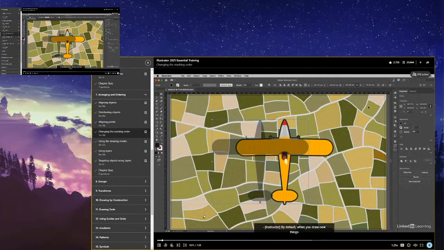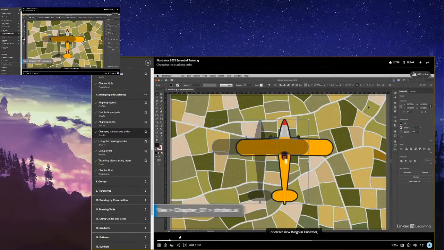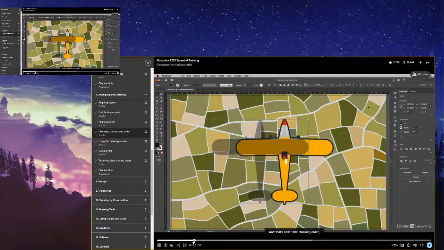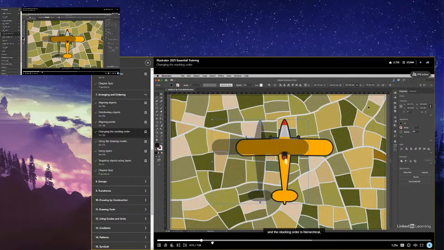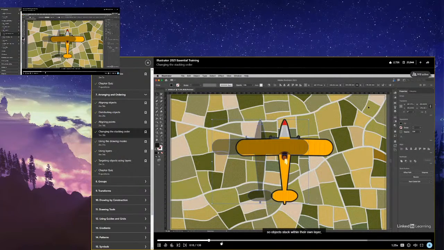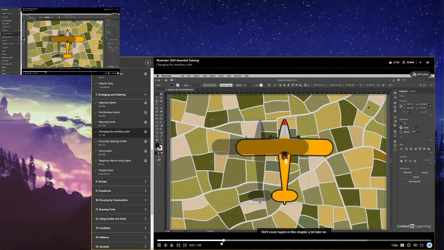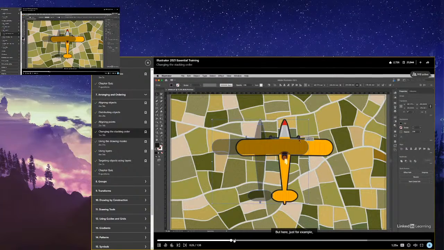By default, when you draw new things or create new things in Illustrator, they normally jump to the front of their stacking order. And the stacking order is hierarchical. Objects stack within their own layer and layers stack on their own. We'll cover layers in this chapter a bit later on. But here, just